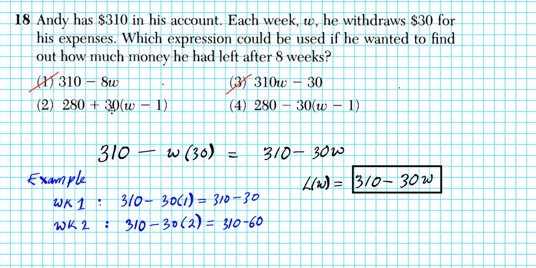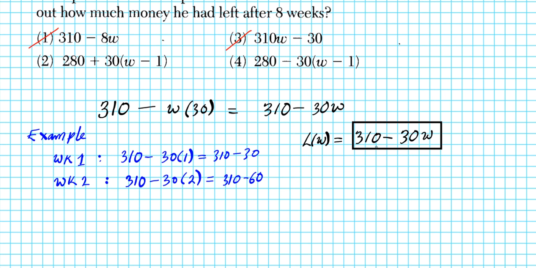Now, let's look at 2 and 4. If we simplify those, do we end up with this expression here? So let's start with option 2. 280 plus 30 times W minus 1. When you simplify it, you have 280 plus 30W minus 30, which is equal to